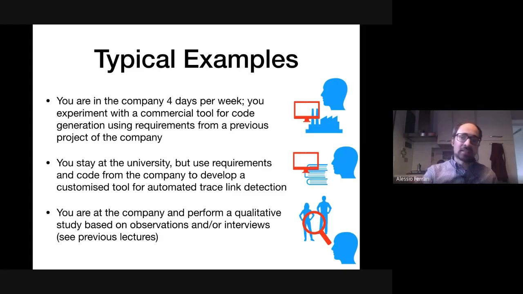The second case is a bit different: you stay at the university, but you use the requirements and code from the company, and you develop a tool for automated trace link detection. In this case, the only thing that you get from the company is their requirements, and so you are not in the context of the company in a complete way. This is a bit more difficult to carry out, but at least it separates the context a little better, so it can be studied in a more systematic way, but